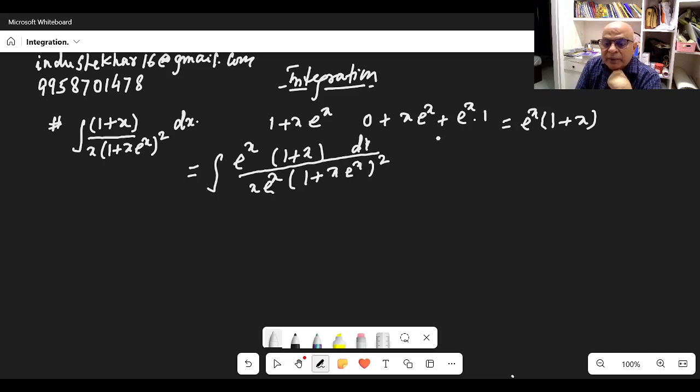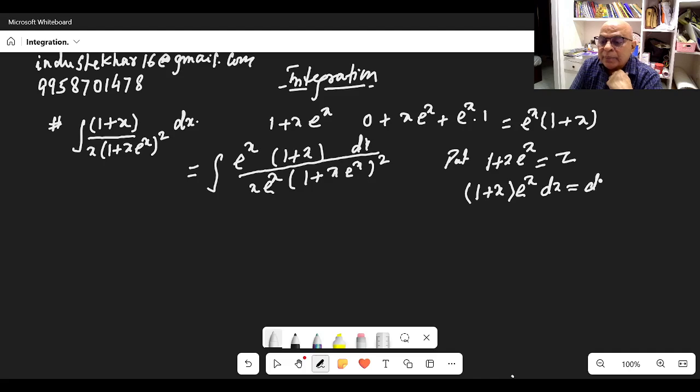Now here we have already seen, put 1 plus x e^x is equal to z. So now differentiate it. Already we have differentiated it. So we will get (1 plus x) e^x dx is equal to dz. Now it will look in order. Put e^x (1 plus x) dx as dz. So this will become dz divided by